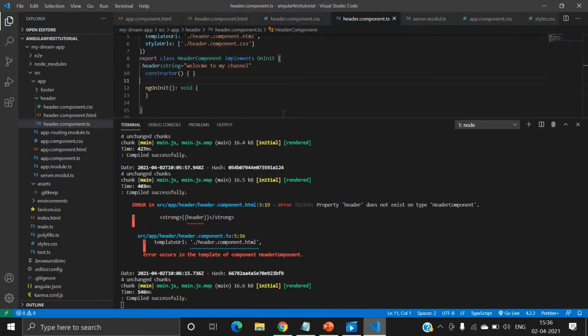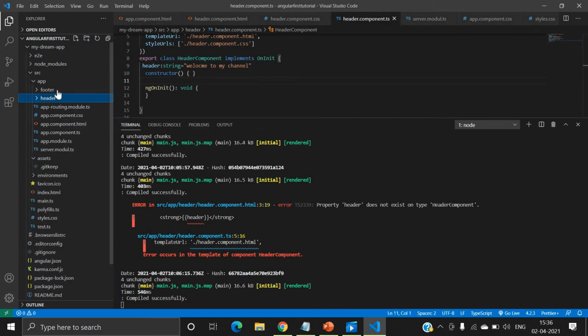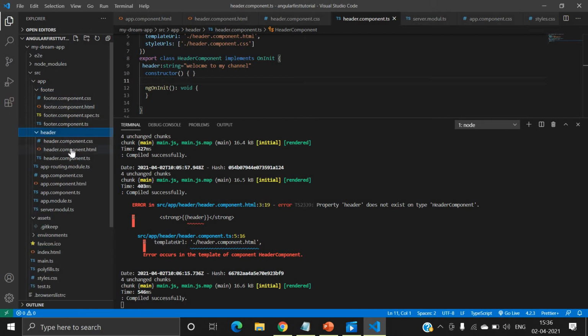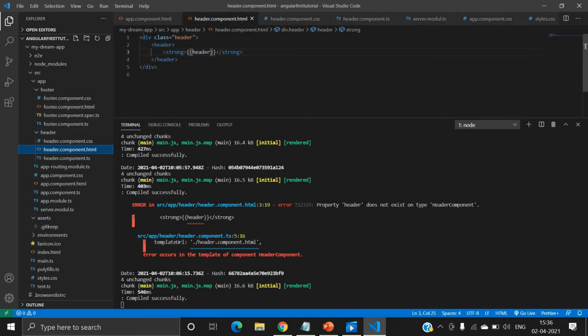Now let's move on to the footer part. I will copy this code inside header.component.html and paste it inside footer.component.html.